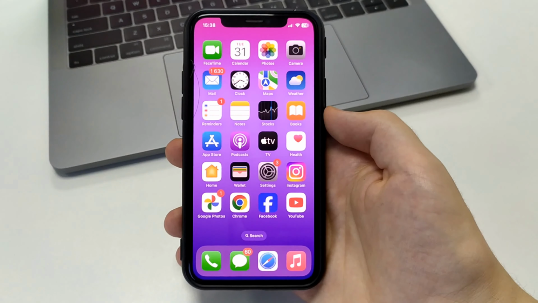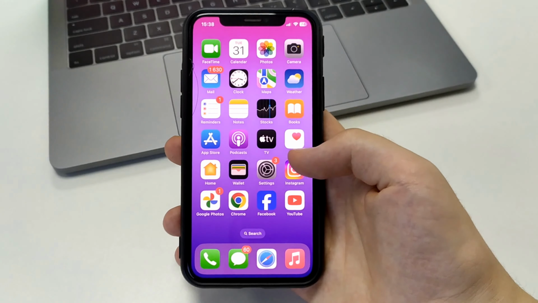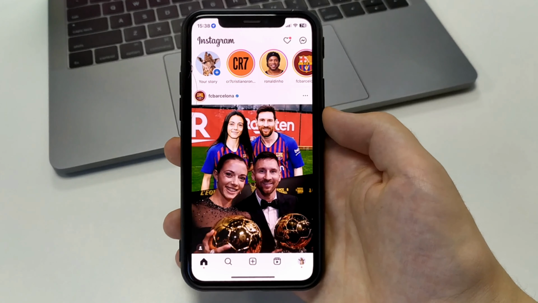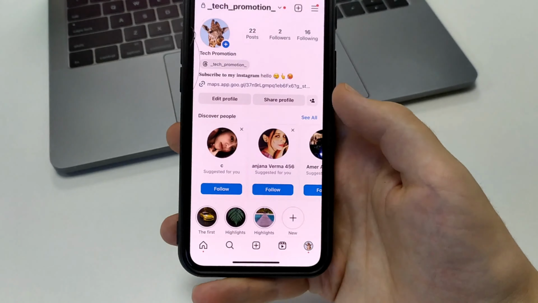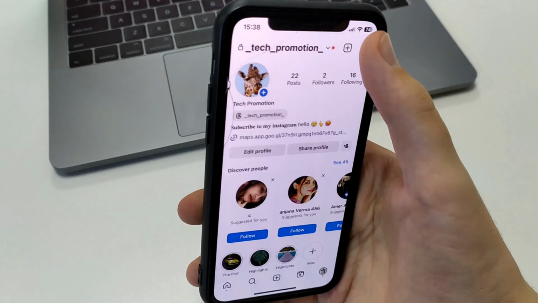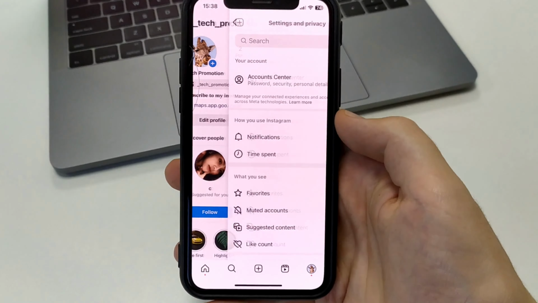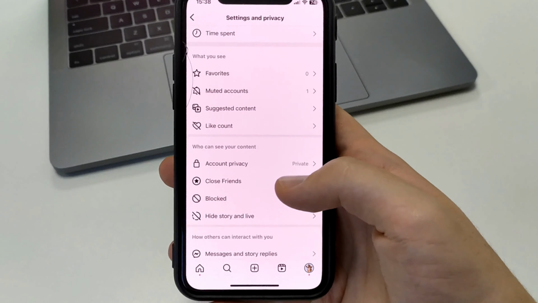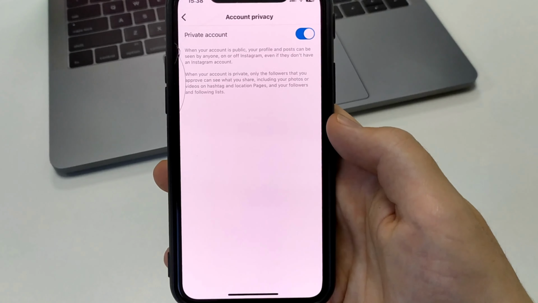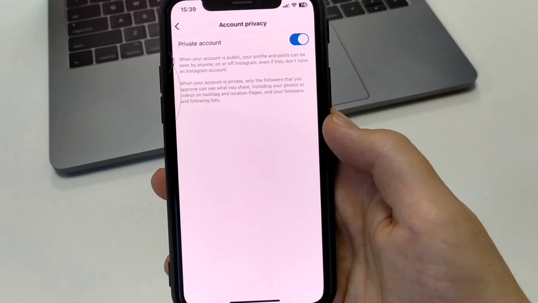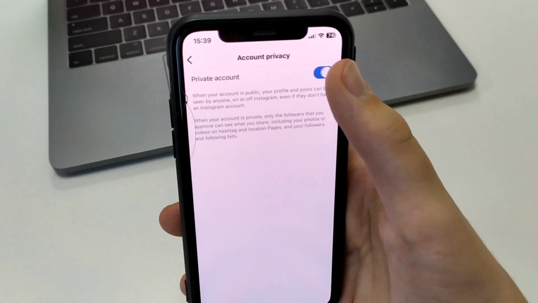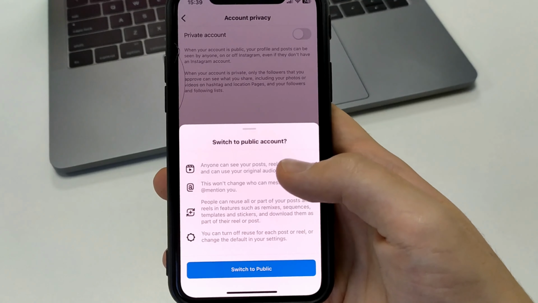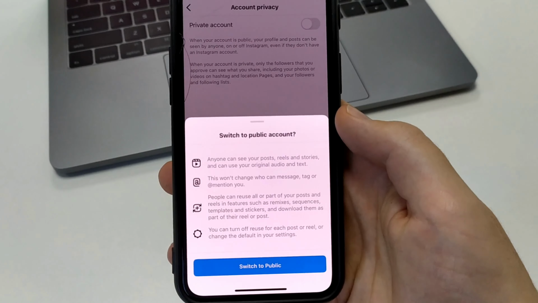Let's get started. To do this, we need to go to Instagram. And then in the bottom right corner, we click on your profile. In the upper right corner, click on the three bars: Settings and Privacy. Here we open the privacy account, and in order for us to unlock it, we have to turn the slider off. It is obligatory to note that now we will have access.